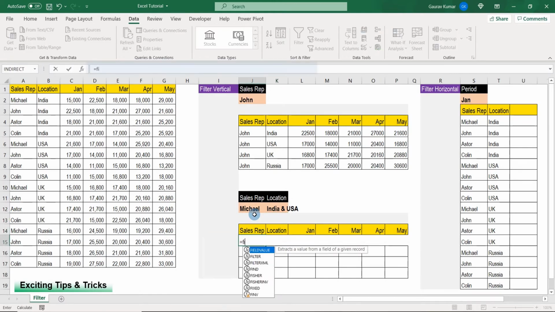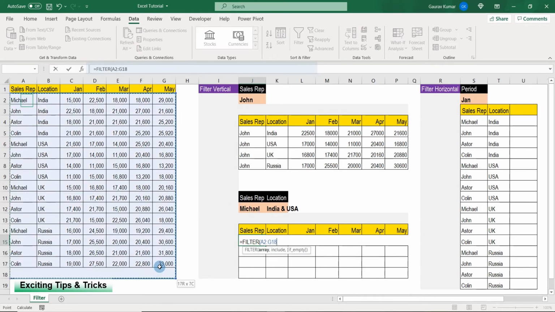Start with filter again. Select your array, comma. Select your array for sales representative. Start with a bracket. Specify your criteria. Close the bracket. Apply multiply and start a double bracket.